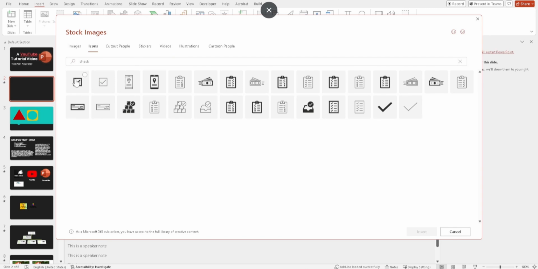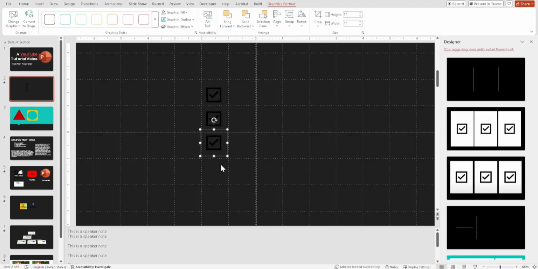After selecting your preferred checkbox icon, click the Insert button. The checkbox will now appear on your slide, and you can move it, resize it, or position it wherever you